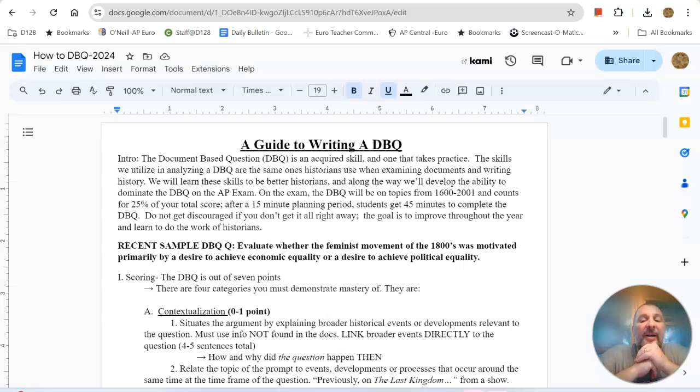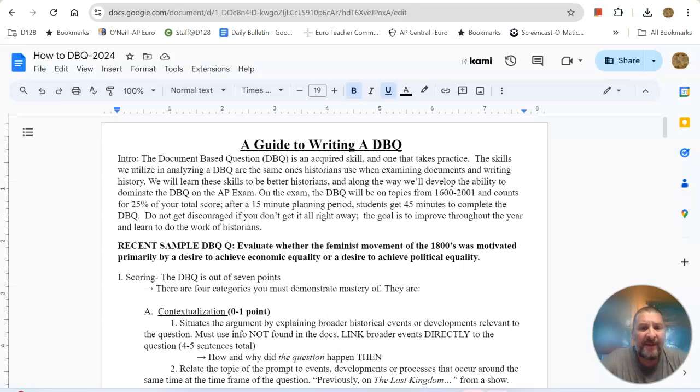We are going to figure out how to write a DBQ. The focus of this is going to be for Euro, but it can be used for World or US as well. So the DBQ, the document-based question, is an acquired skill, one that takes practice. The skills we utilize in analyzing a DBQ are the same ones historians use when examining documents and writing history. We'll learn these skills to be better historians, and along the way, we'll develop the ability to dominate the DBQ